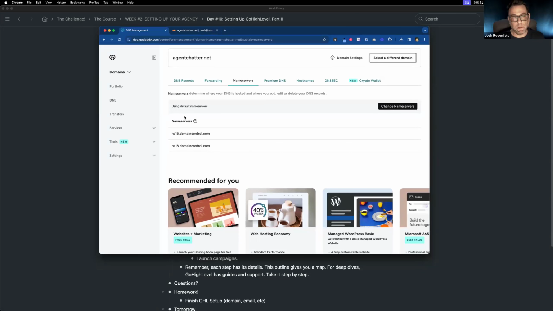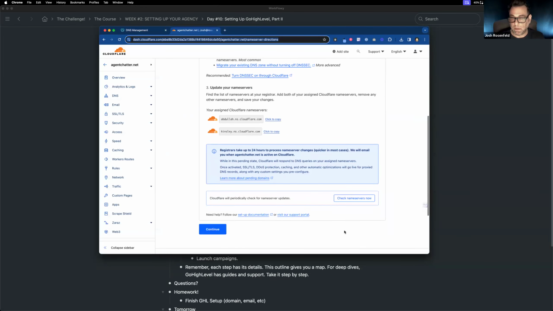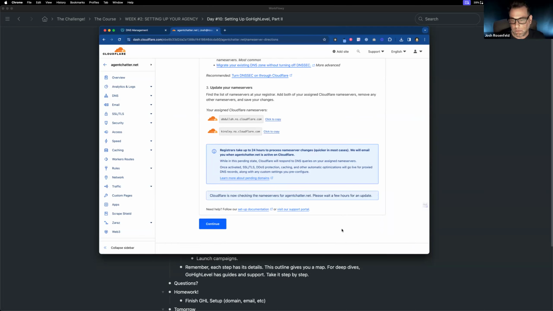So this is going to change. GoDaddy, SiteGround, whatever you use, is going to change over their name servers to here. And in order for this to work, I don't think it's going to be ready yet, but you'll check the name servers. Wait a few hours. That's not usually accurate. Okay, cool. So now that we have our name server going here, let's go back and continue on with Go